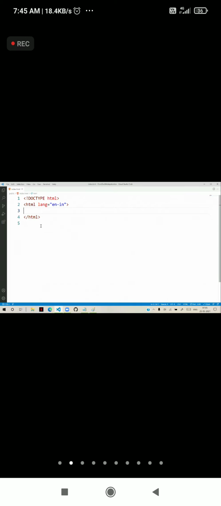If a page is displaying multiple languages, then we will not give the entire HTML as English. We can give separate blocks. A paragraph can have a separate language. So this language is used not only in HTML. Later, you can write a separate paragraph, and that paragraph can have a language. That means you can have multiple languages.